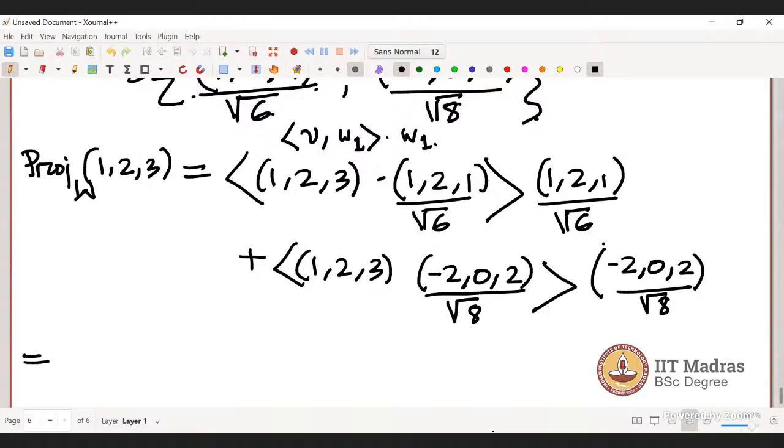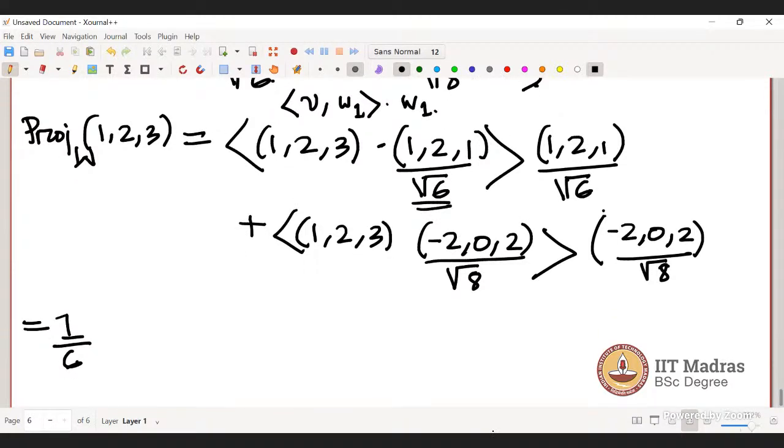So this thing I can write. If I take 1 by square root of 6 out and multiply with this, I get 1 by 6. I'm using the property of inner product. And this inner product is what? 1, 2, 3, 4, 7, 8, yes. So this is 1 by 6 times 8 into 1, 2, 1